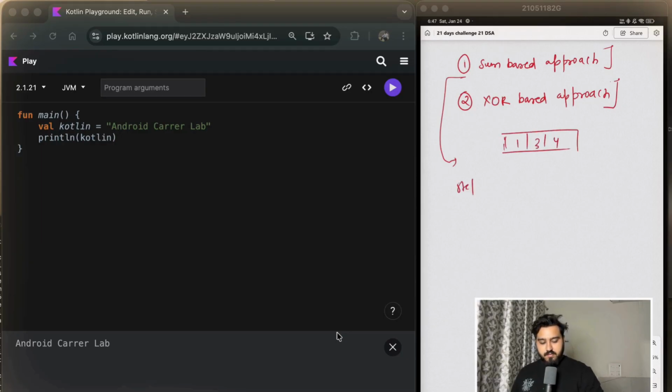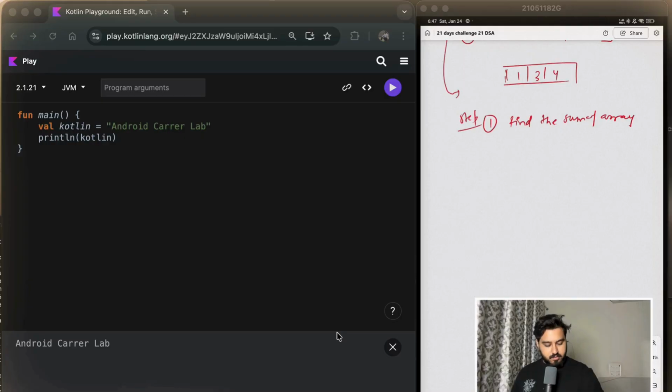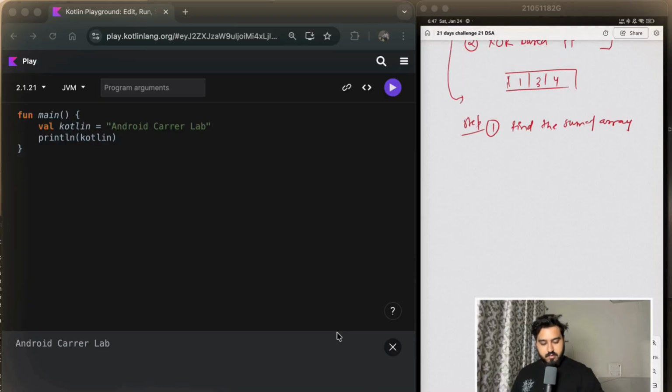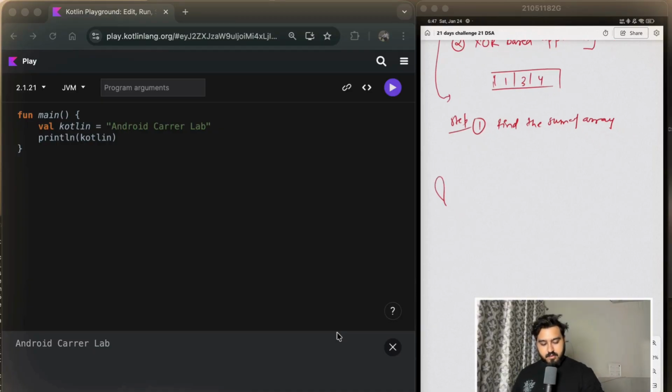Now the steps are: first, we need to find the sum of the array, and the second is we need to find the sum of n natural numbers,